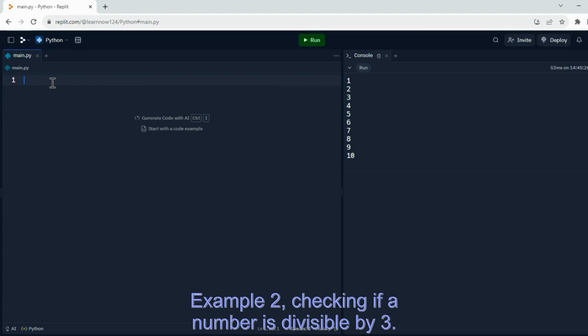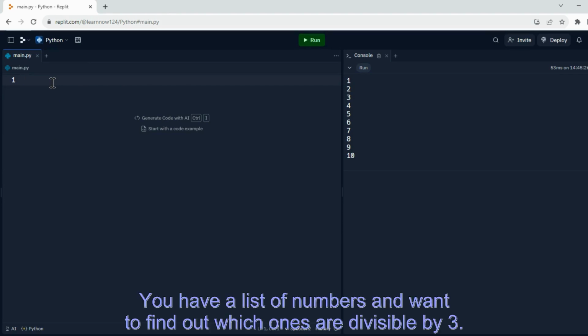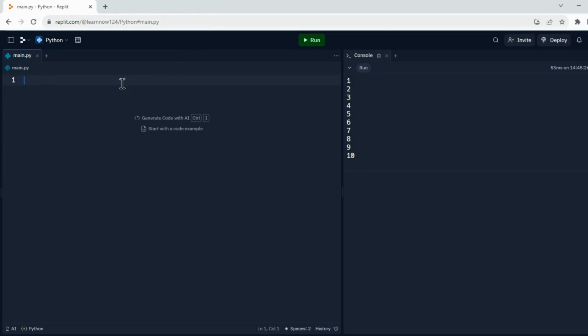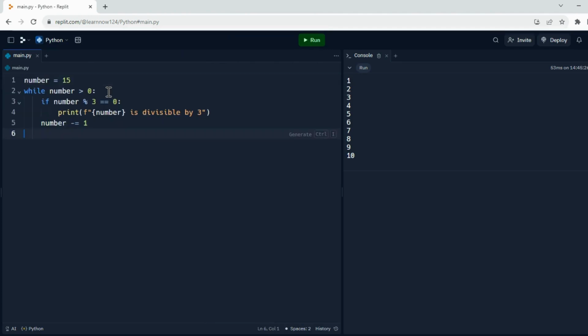Example 2, checking if a number is divisible by 3. You have a list of numbers and want to find out which ones are divisible by 3. The while loop is your perfect tool for this task. number = 15, while number > 0: